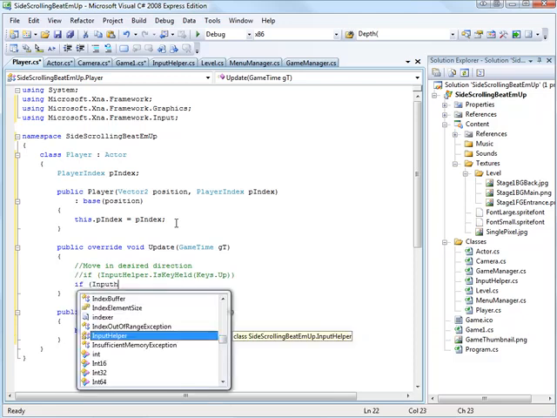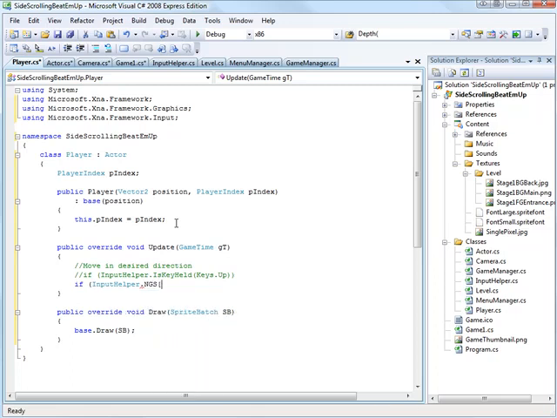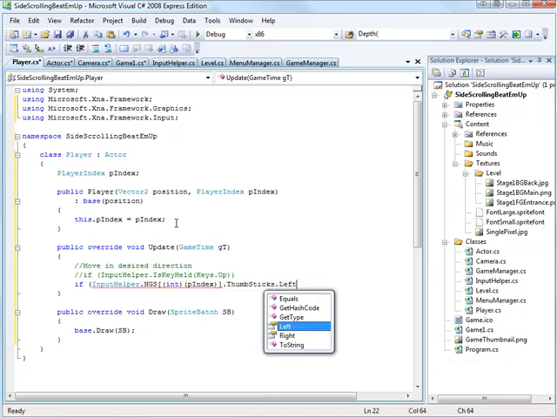If input helper dot new gamepad state, passing in our player index, casting it over to an int so that it will be recognized by our array. Thumbsticks.left.y is bigger than. Now we need to define a threshold here. It's going to be 0.3f, but that's not quite good enough because now we've got a random magic value in there. Let's change this one to